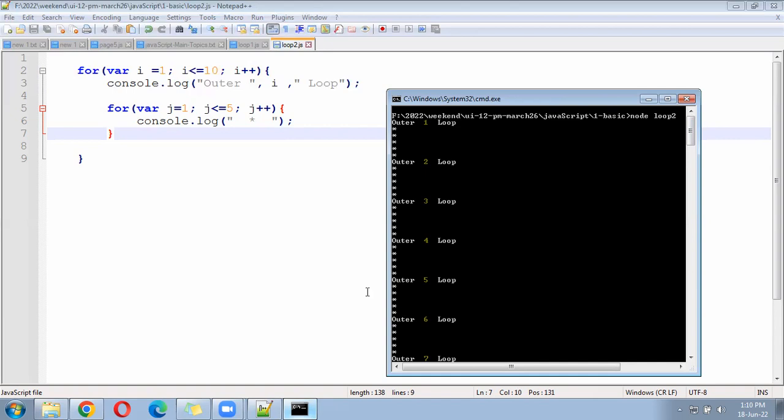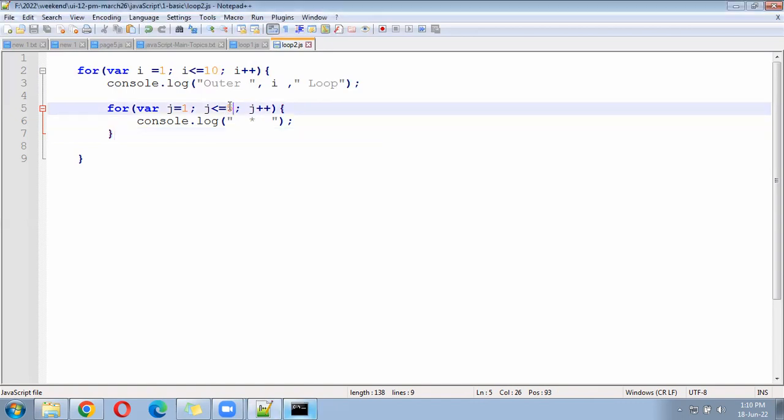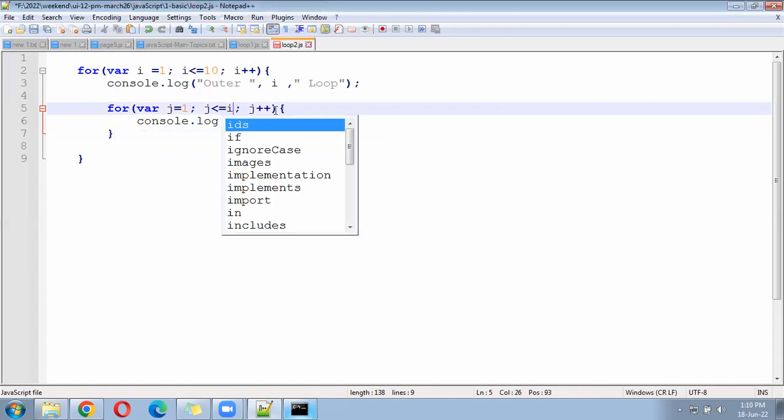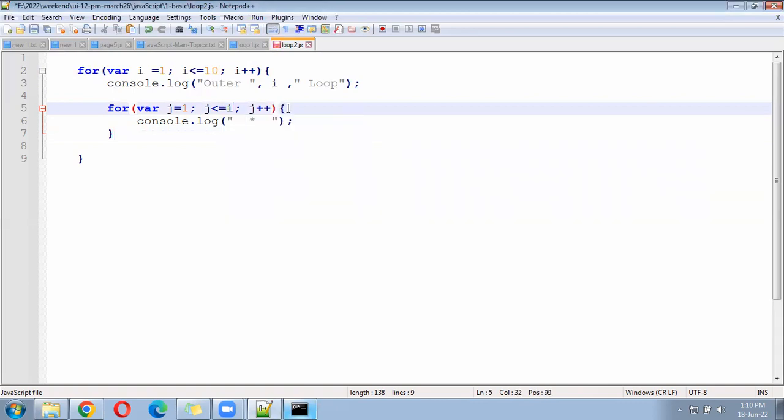Okay, so let's go ahead now. Here, j equal to 5 we have given. Give j equal to i. for j equal to 1, j less than equal to 10, j plus plus. Give the j equal to